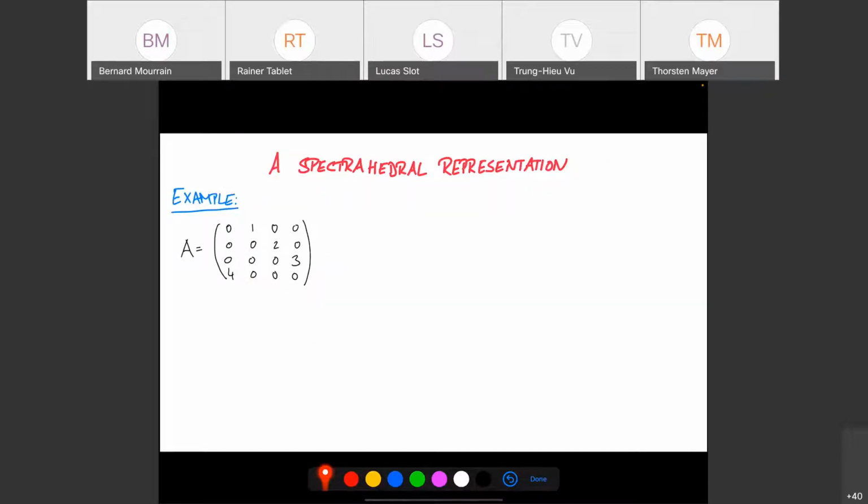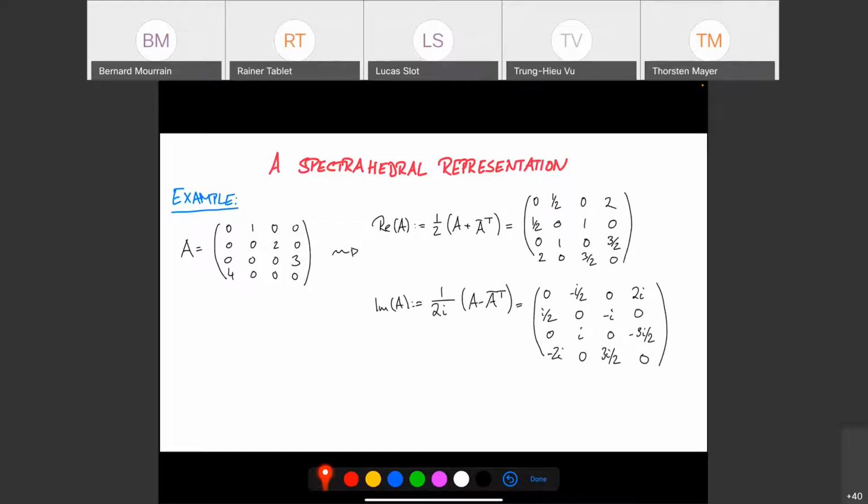Okay, so in our example, we can write this down. In order to do this, I want to write this pairing A comma X as a projection in a more explicit way. In order to do that, I form what is still called the real and imaginary part of A, but now with respect to this Hermitian form on complex matrices. So the real part of a matrix is not the real part of every entry, but it is 1/2 of A plus A star, so A transpose complex conjugate. For this example, if you do this, you get this 4x4 matrix up here.